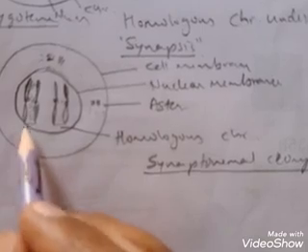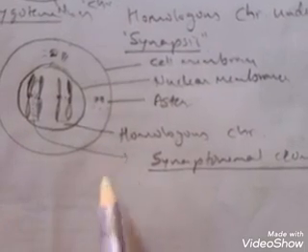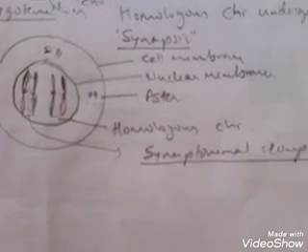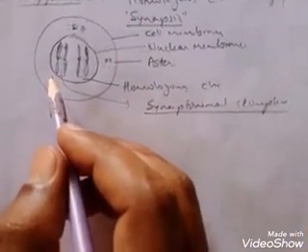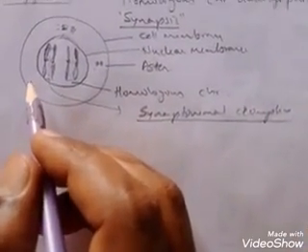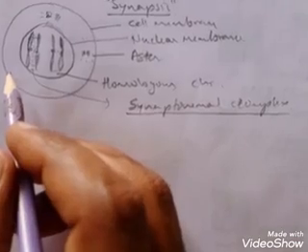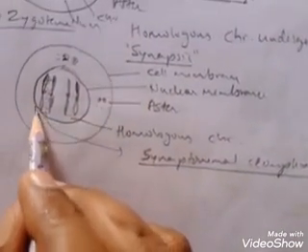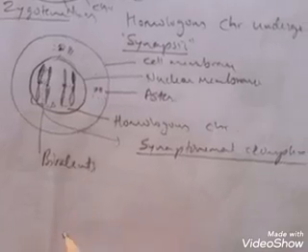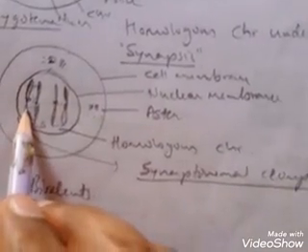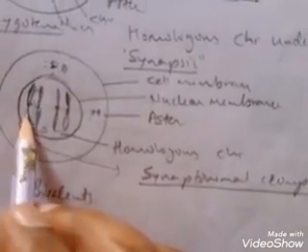In between these two chromosomes, the synaptonemal complex is formed by a specialized protein which holds these two chromosomes together, right? And these paired homologous chromosomes are called bivalents. Now we call it a bivalent, right? When we observe very clearly in the next stage we can observe